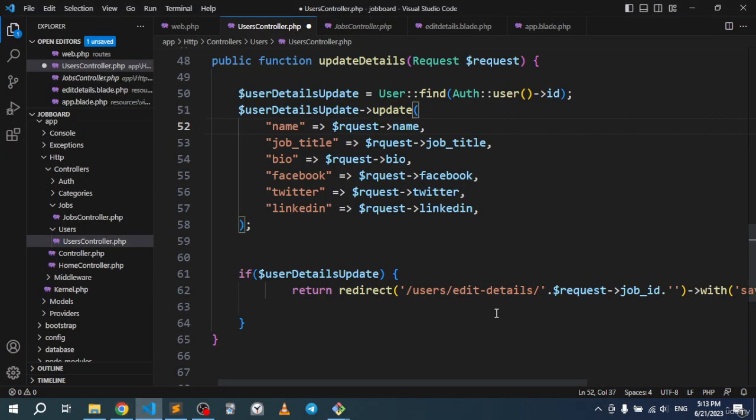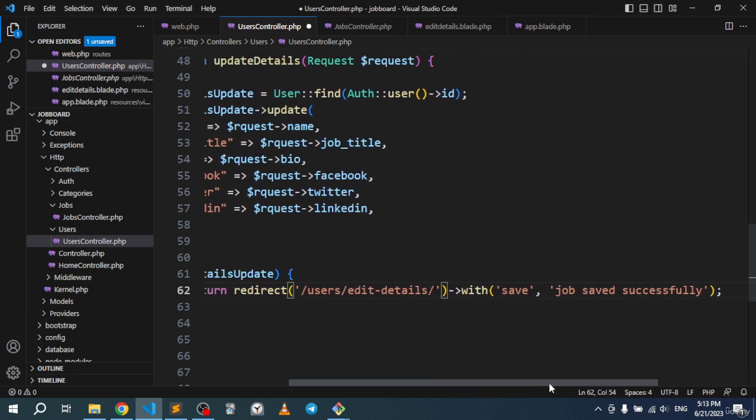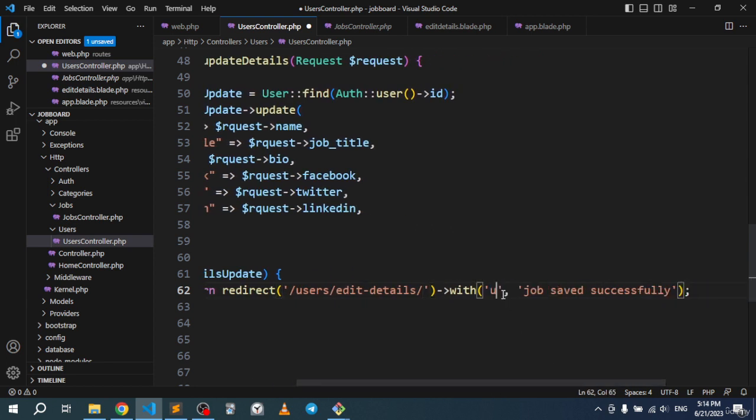There are no IDs right here, so just delete this, and we're gonna go right here, update. We're gonna go user details updated